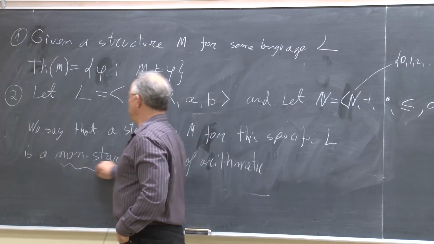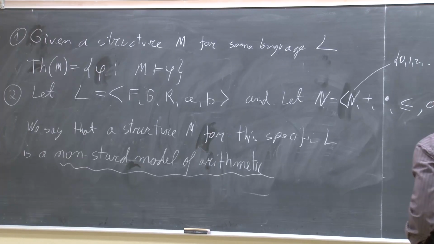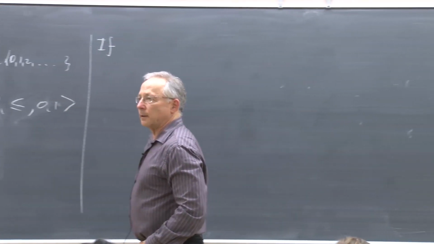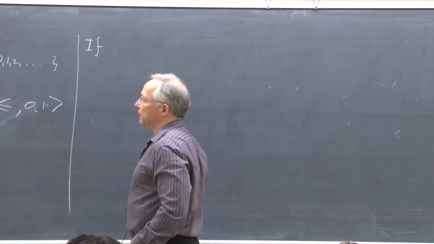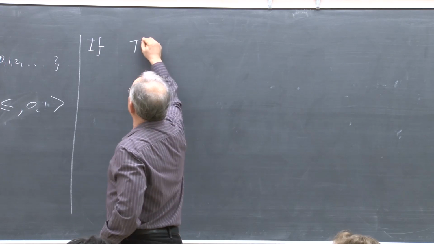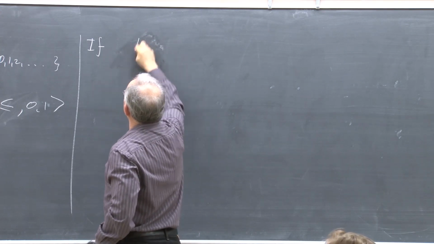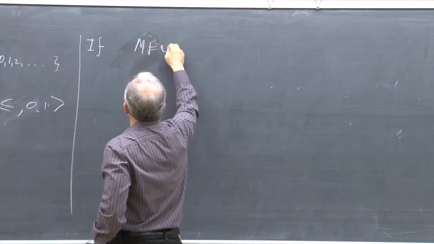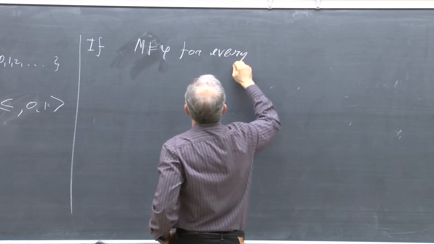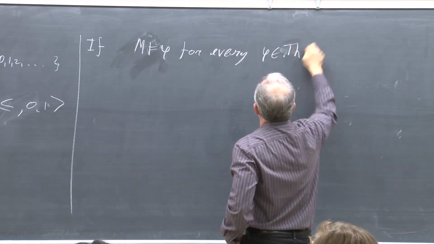So that's the new object that we define. If I can write it like this: the theory of M, say M satisfies phi for every phi in the theory of N,